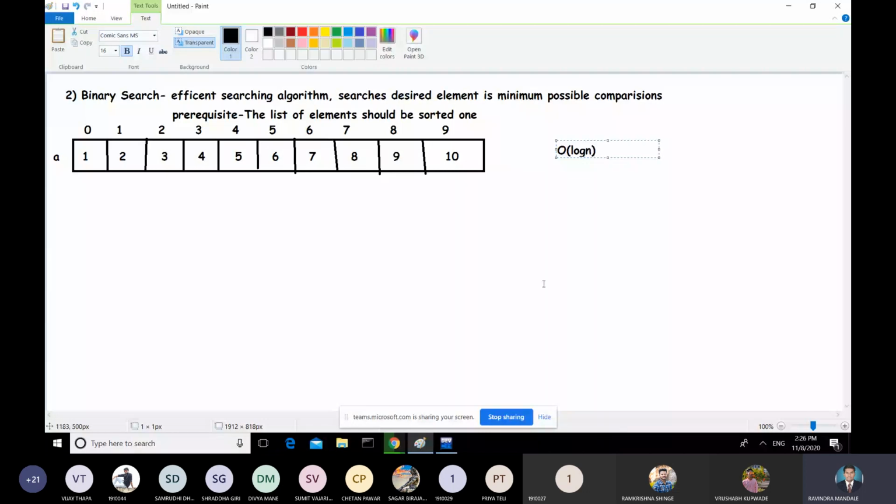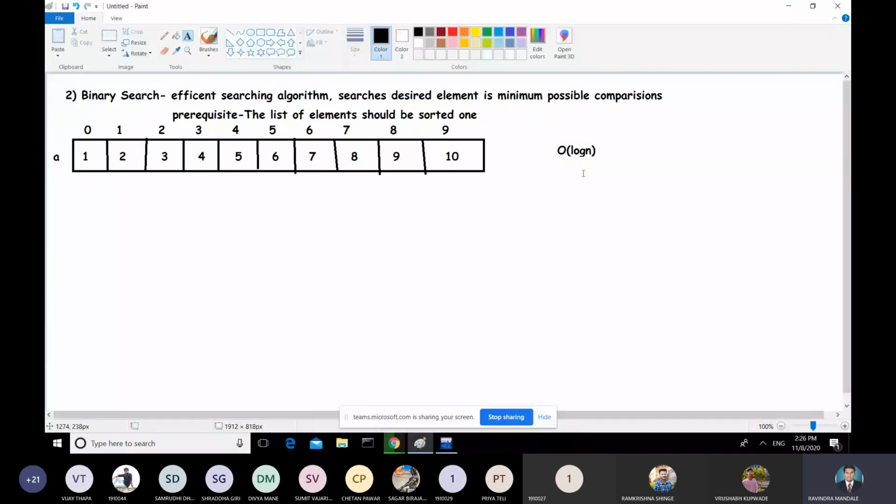Big O of log n is better than big O of n, which is the worst case complexity of linear search. And the worst case complexity of binary search is big O of log n plus 1.